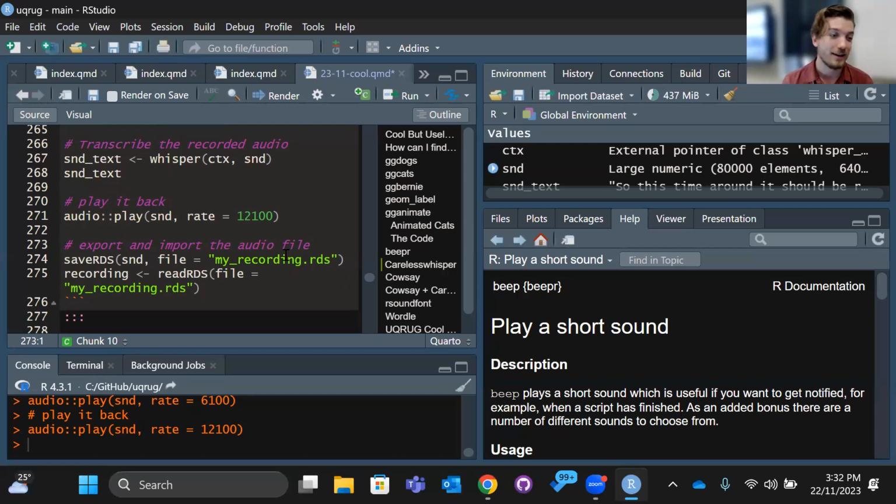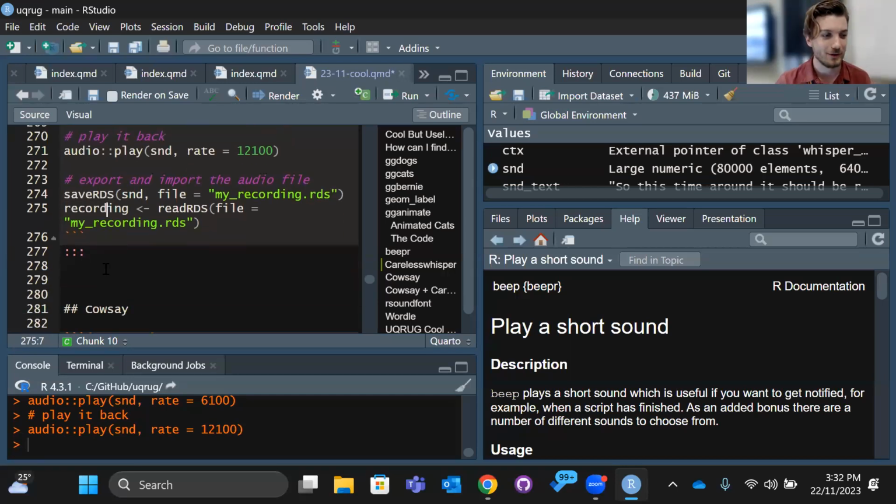You can actually now export. I haven't played with this a lot, but you can export that as an RDS file, which is like an R data file of some sort, different to an R data file, which is another thing. Need to learn the difference properly. Happy for someone to tell me online or in person. But it means that you can export that and then input it again later on, in case you wanted to keep that recording of yourself saying those things.